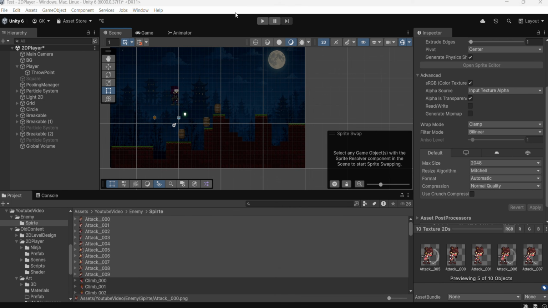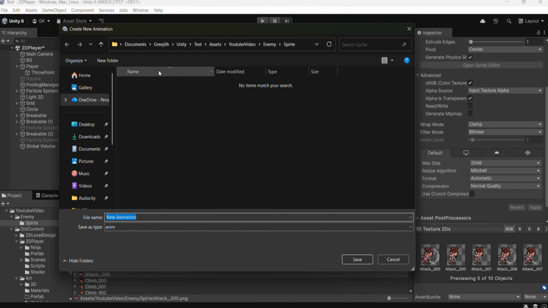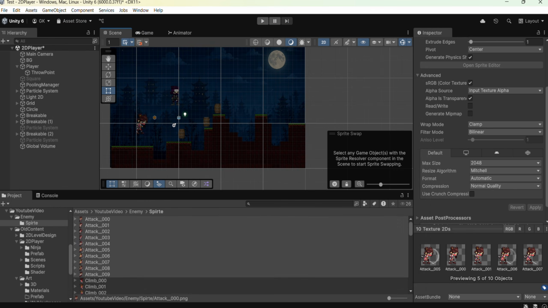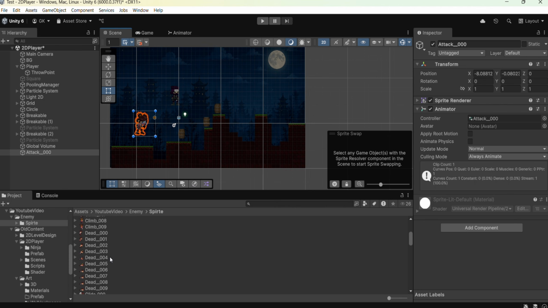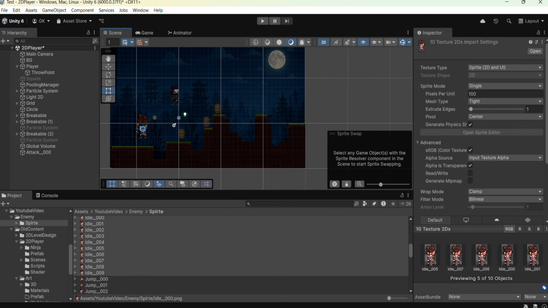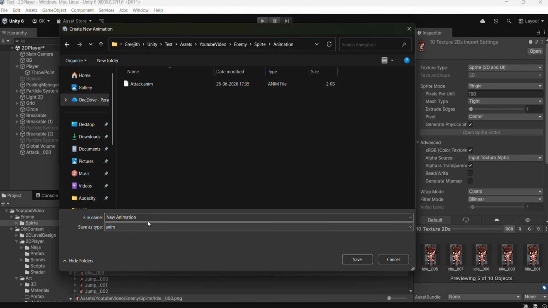Okay, we will select the sprites which we are going to use. It's nearby attack, so I am using the sword attack. So just drag and drop, create one folder, name it as animation, and this is attack. And one more thing, idle we are going to use. For idle, select idle, drag and drop to the scene, click on the animation, name it as idle,